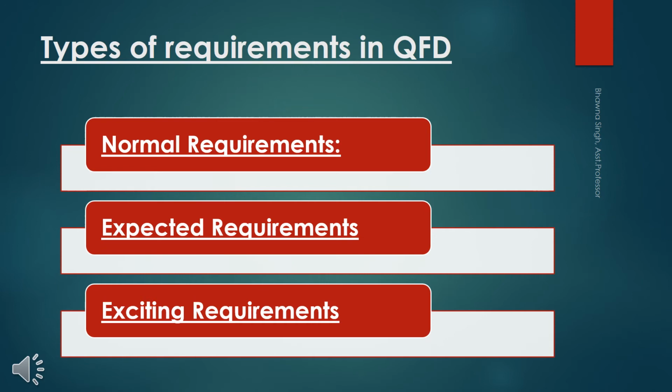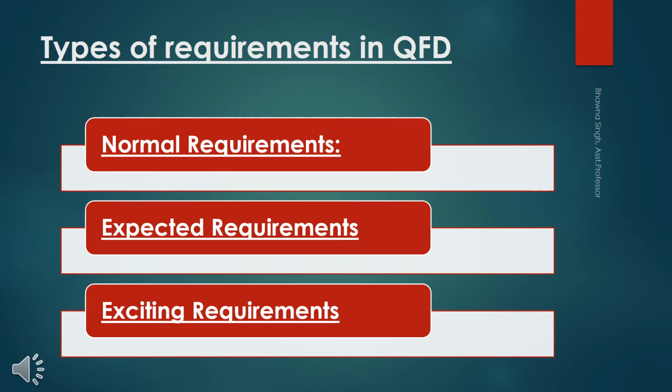And the second one is expected requirements. For expected requirements, the customer does not state them explicitly, but he or she expects them to be present in the system. For example, a customer wants that a password should be there for every application, so that only authorized persons can use it by logging in with the help of passwords. So these are the basic expected requirements, and everybody wants the product that they are getting to be easy to use or reliable. These expected requirements must be present, and they make the customer more satisfied.